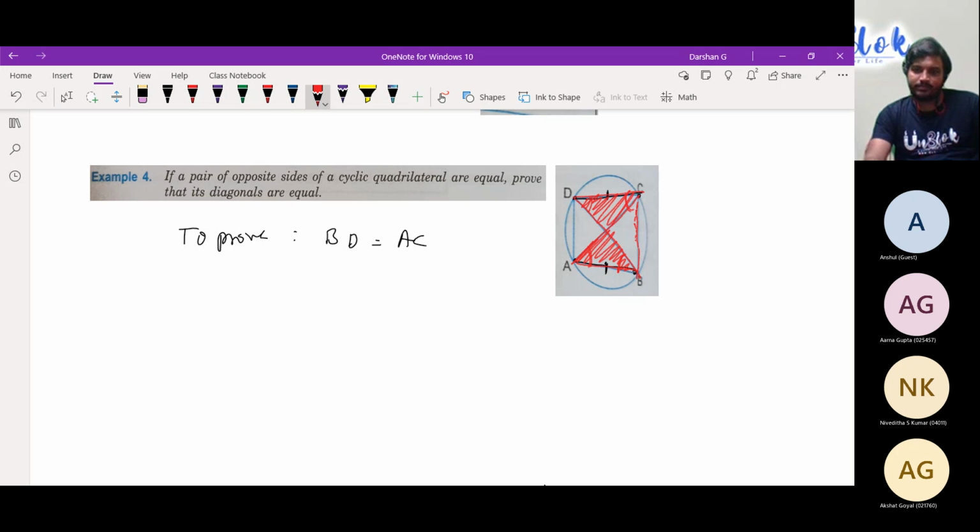How will we prove that? If I prove this is equal to this, I can also prove the other thing is equal to the other side. Okay, that is slightly different. Anybody who has the answer for this? It's slightly tricky. Anybody who has an answer? No one? Akshat? No, sir.